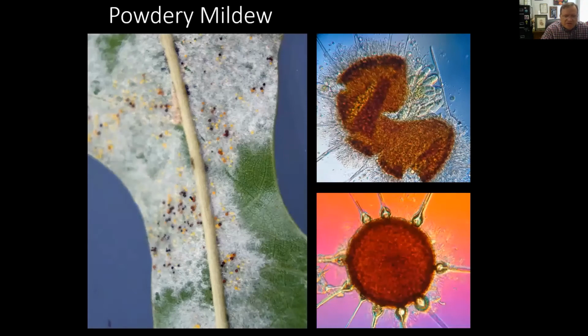So how do powdery mildews overwinter? If you look on an oak leaf with powdery mildew at this time of year, you'll see the white mycelium. If you look a little closer, you'll see these little yellow to tan to black spheres all over the surface of the bottom of the leaf. And what those are